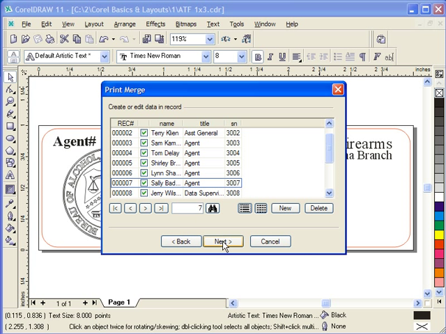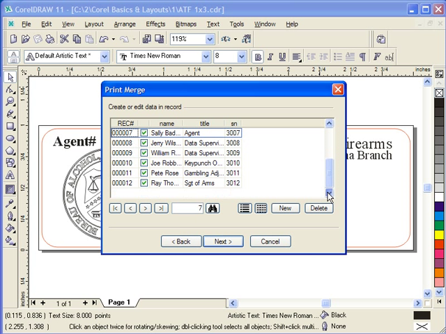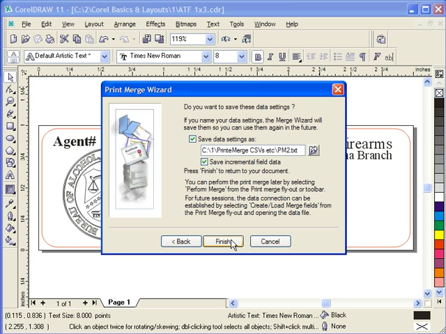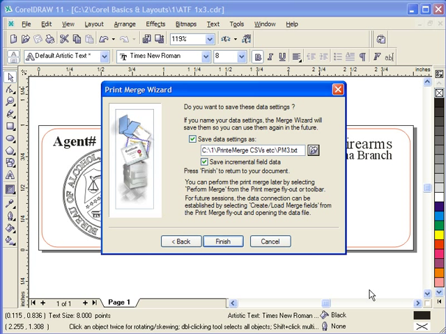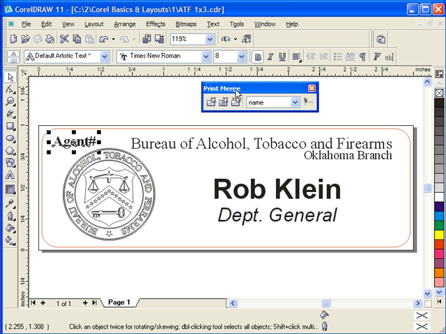Now that we have completed our data entry, we can click on next, and then we'll tell it where we want to save this. And let's call this PM3, print merge file 3. We'll save that just in case we mess something up. Notice we did save incremental data along with that. We'll click on finish. That'll throw the print merge toolbar out on the screen, and we're ready to start